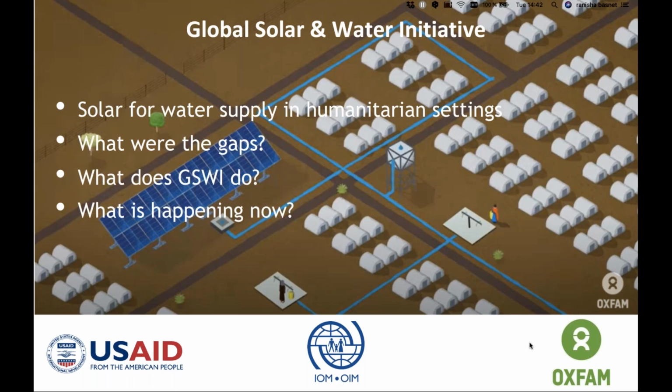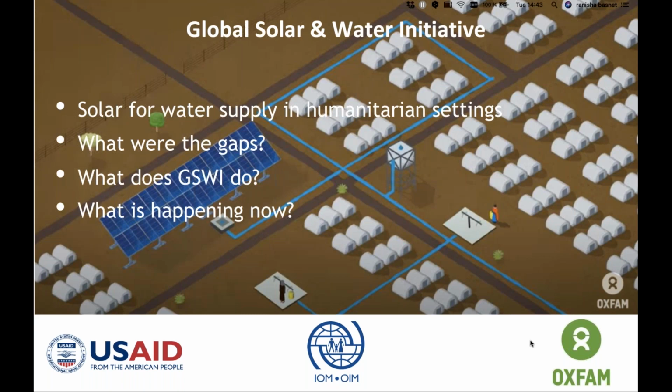What is the current situation right now with regard to solar water pumping? Since those early days of Dadaab, there has been a general move of WASH implementers in humanitarian settings to adopt solar for water supply, with support from coordinating agencies and donors. If I may use Uganda as an example, in 2017, in the middle of a humanitarian situation with a new influx of refugees from South Sudan to the West Nile, organizations were adopting solar as a solution for water supply, even in the first phase of an emergency.